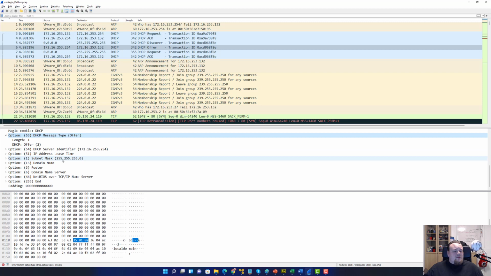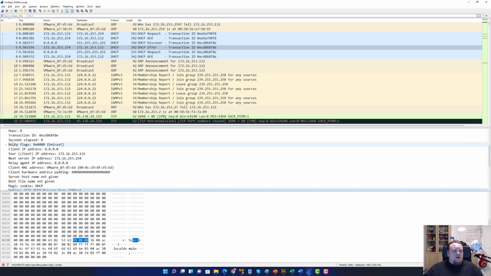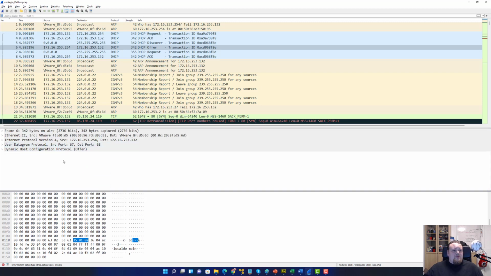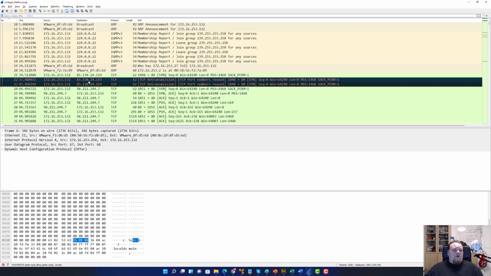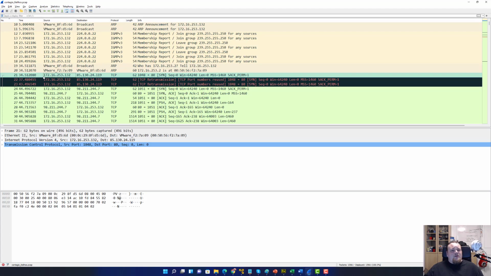I'm not really looking at DHCP traffic a lot, but the DHCP protocol is basically going through this request, discover, offer. So it's offering an IP address for the connecting party. So basically, what we can see here is that we have some brown traffic going on, but what I'm more interested in is the TCP traffic that we have a lot